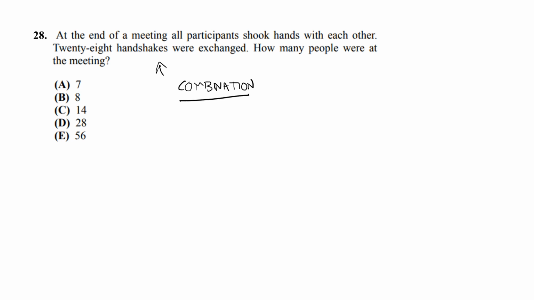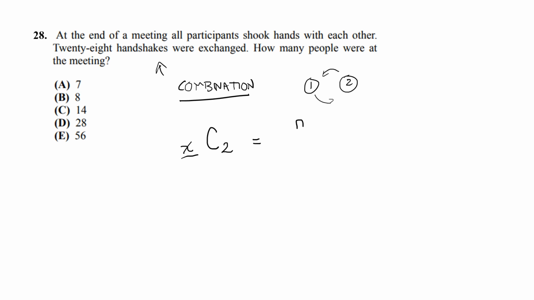If there's, let's say, we don't know how many people there are right now, but let's say there's person 1 and person 2, they can only shake each other's hand once, right? Everyone does it once with each other. If 1 shakes 2, it's the same as 2 shaking 1. It's kind of the same interaction, right? So effectively, this is a something, we don't know how many, choose 2. Okay, so this is the combination notation we know. Okay, and that equals